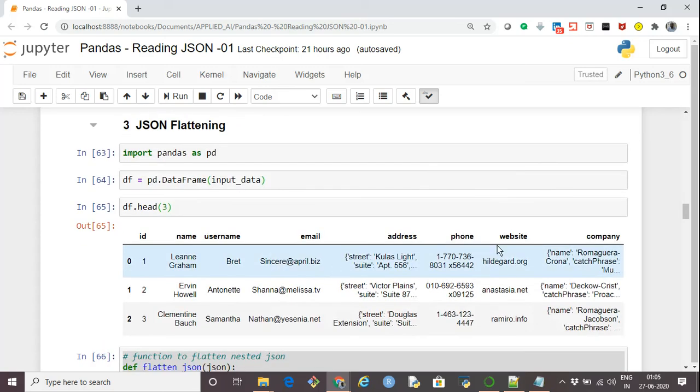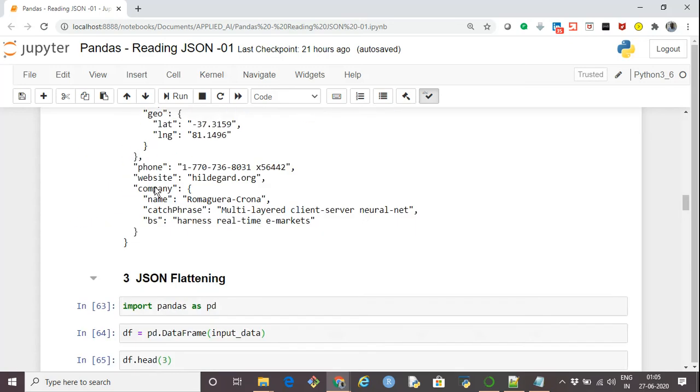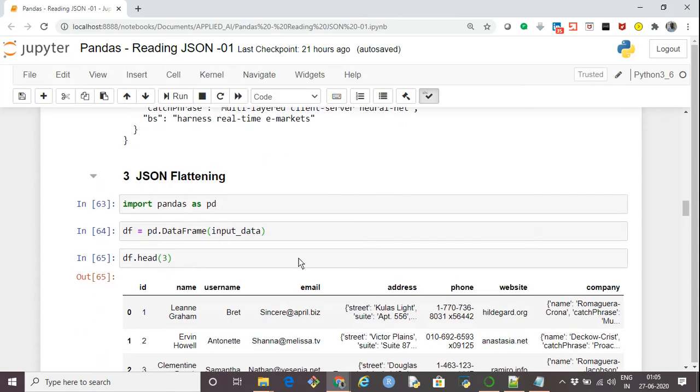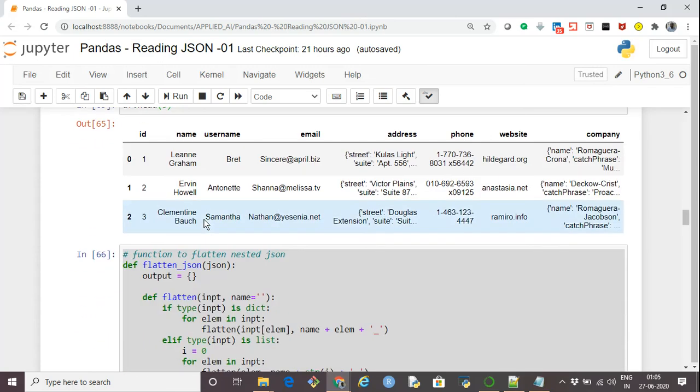Address, phone, website, and company. All those columns which have values without any nesting are fine, like ID, name, username, email, phone, website.